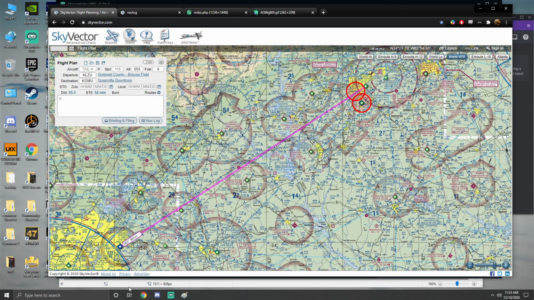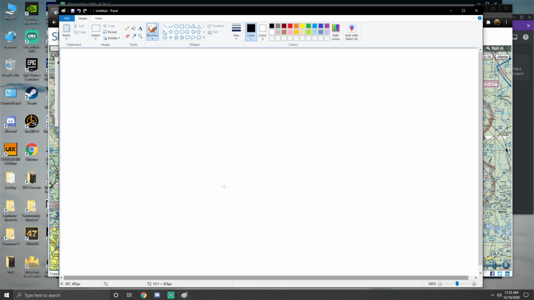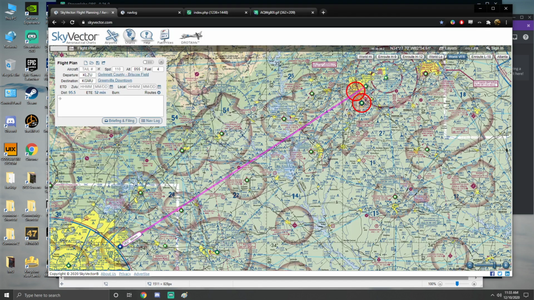In fact, here's what I'll do. I'll get my trusty paint pad out here. So true course is where we start. And then it's going to be plus or minus your wind correction angle. So in our case, for example here, if we're flying 060, let's say we had a wind from the